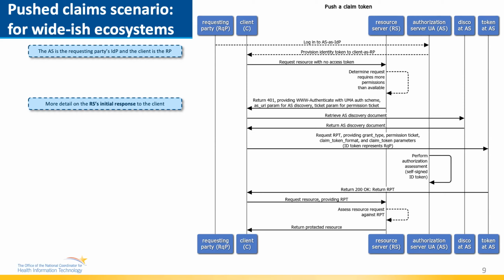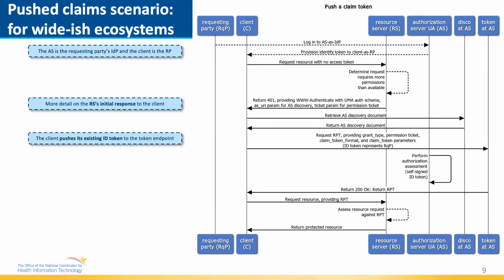You get a header parameter that says as_uri, that's the AS that the client wants to go to. And there's a ticket parameter that actually hands it the permission ticket it needs. Great. Discovery happens. That's just OAuth metadata. And the client then wants to go to the token endpoint to say, hey, where's my access token? And because it's in possession of an ID token that it just got from the AS that is an IDP,